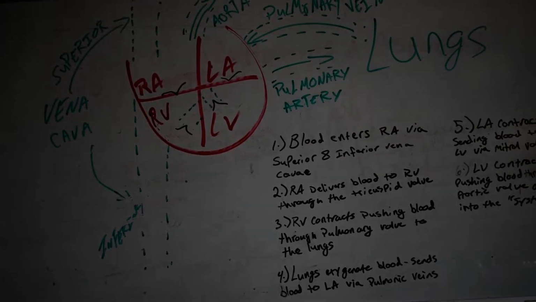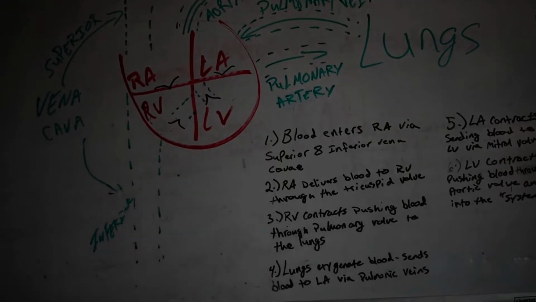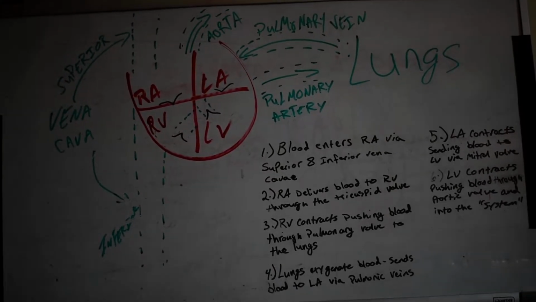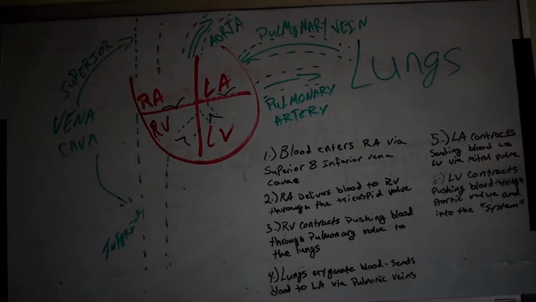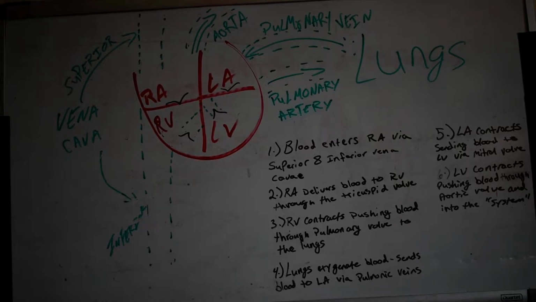Today we're going to do a very basic introduction to cardiovascular anatomy and physiology, mainly blood flow. We are not going to get into anything very complex today. We just want to do a very basic introduction on structure and blood flow. I know the board is a little hard to see and there's a lot of writing on it, but I'm going to go over it with you step by step so that hopefully it's a little easier